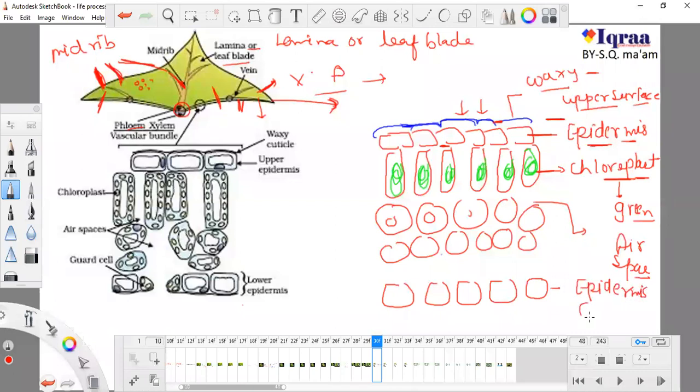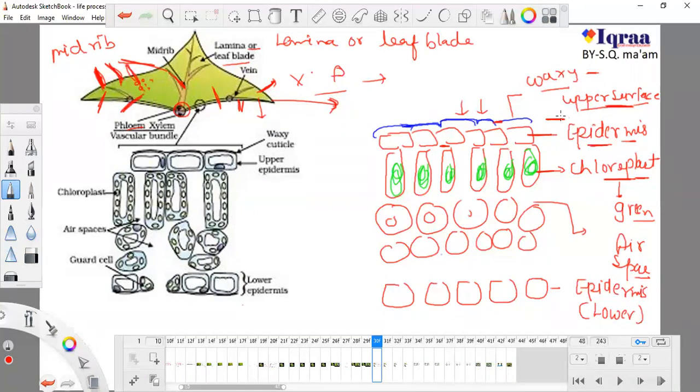Okay, and it is at the lower region. This epidermis is at the upper surface, and behind this there will be the lower surface. So at both the upper and lower covering there will be the same layer in both plants and animals. In our front view or back view, there is a layer which is known as epidermis.